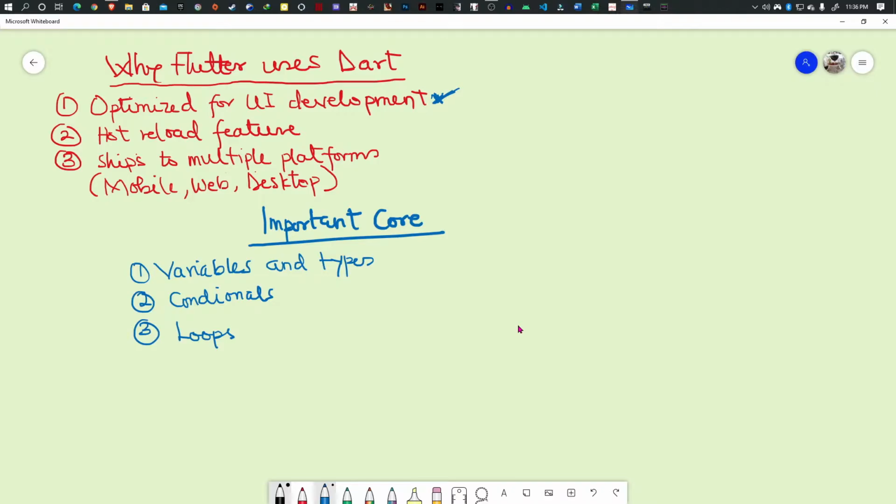Now the second feature, which you probably have noticed, is the hot reload feature. This is what enables us to, anytime we type something and then we save, see the change happen in real time within the emulator. So you notice you have your app and then you have your app bar here, for example, and then within your code, a little bit of Flutter in here, when you type in your app bar